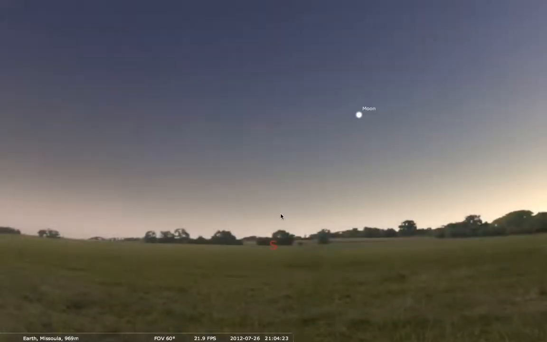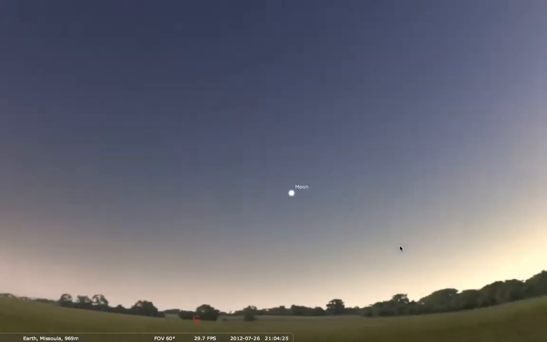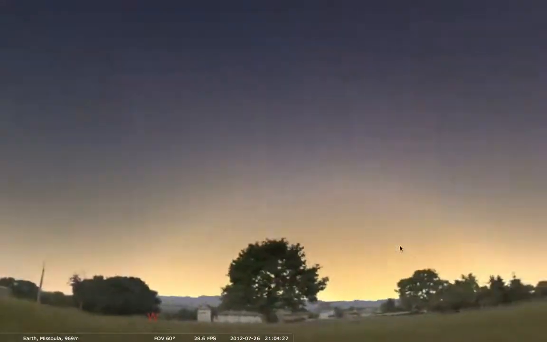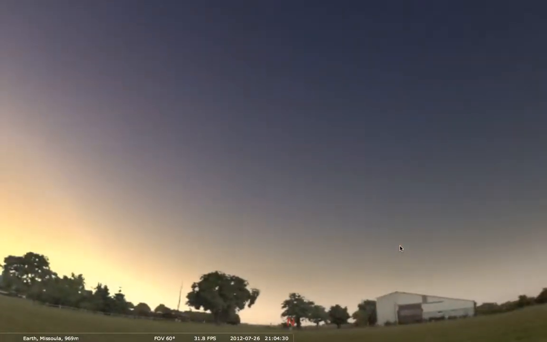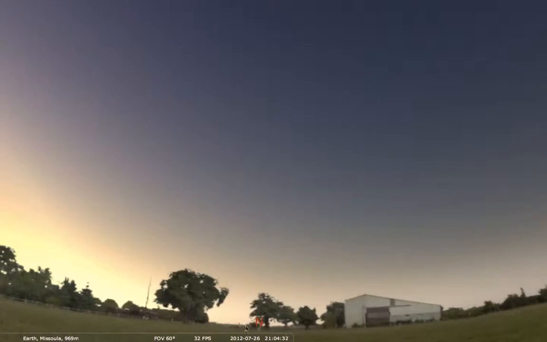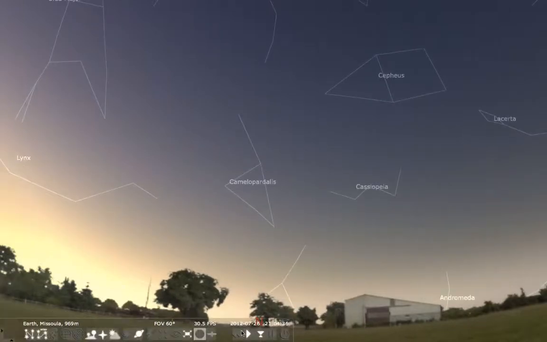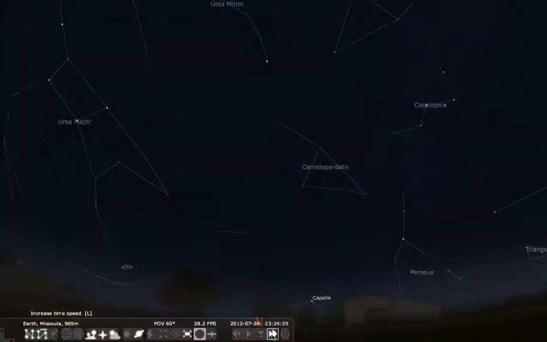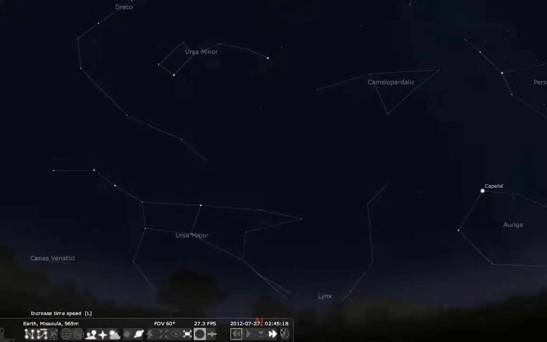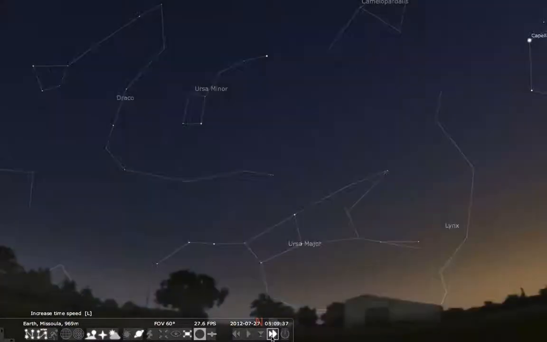We'll go around to the north. Add in our constellations and play the night. A little bit too fast. Okay, so here we have it rotating, and what I would do is I would circle